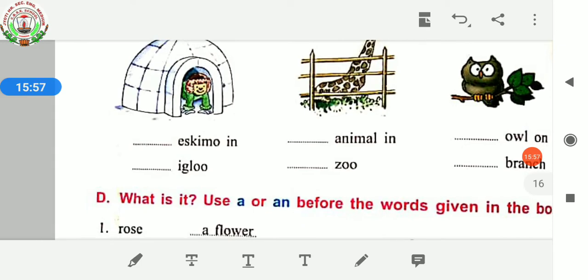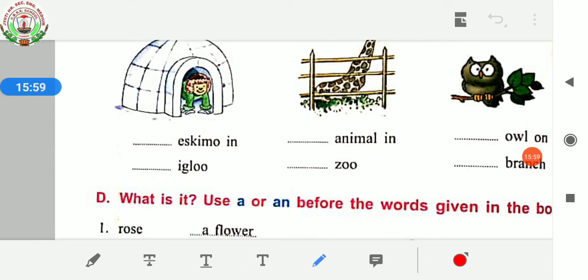Look at the next image. Dash Eskimo in dash igloo. So in the word Eskimo, E is the starting letter, so E comes under vowel, and before vowel we have to use an. And dash igloo, so I is the starting letter of igloo, and I, we know that this is a vowel, so we have to use an. An Eskimo in an igloo. Next,